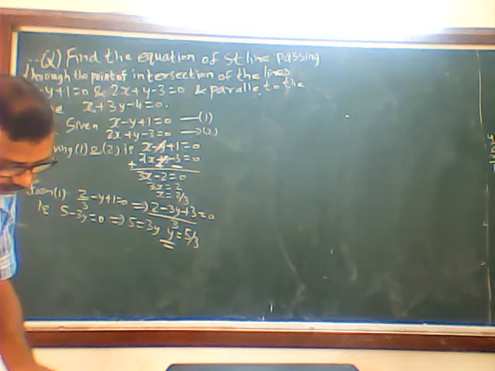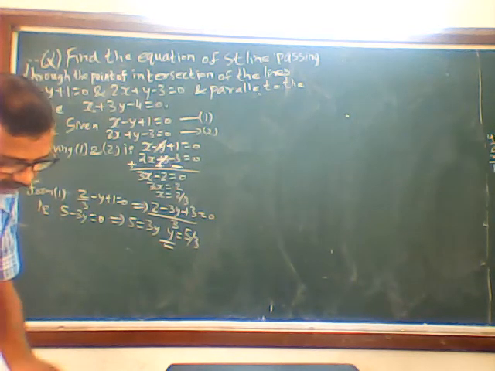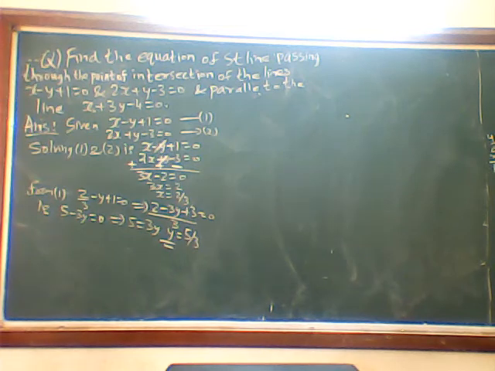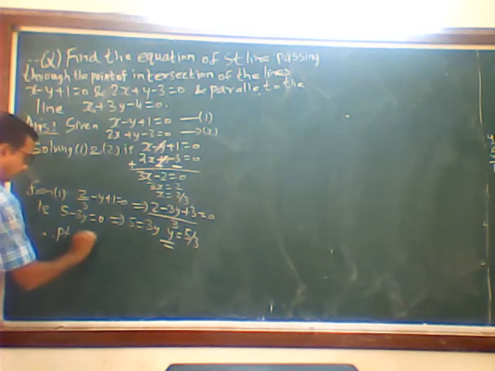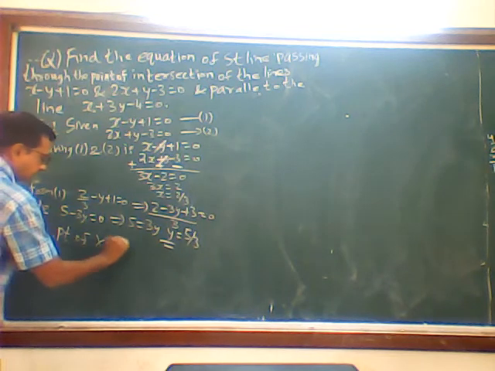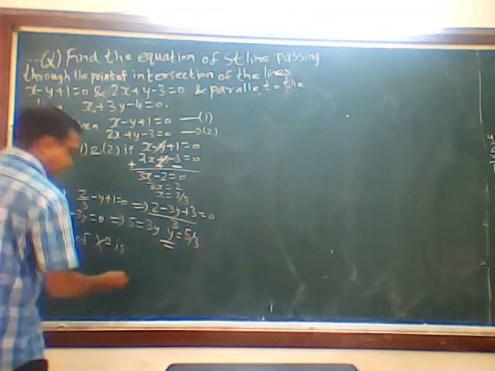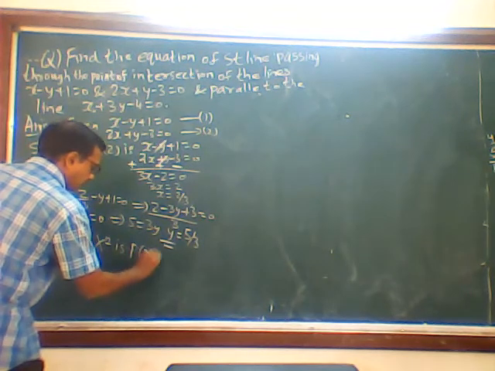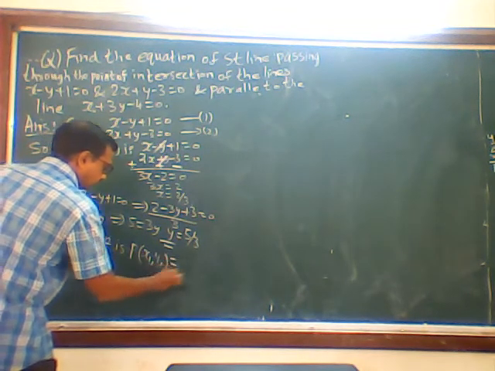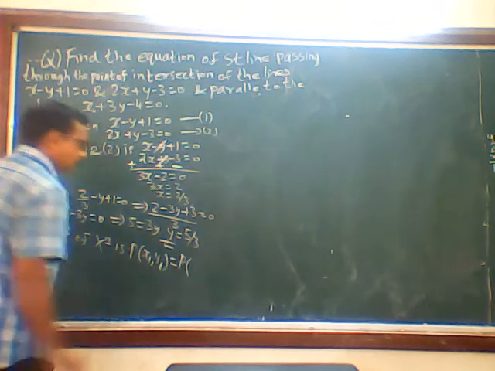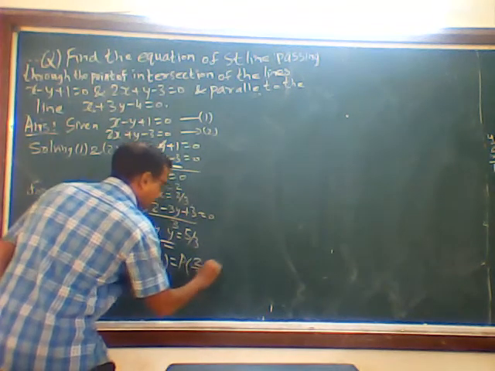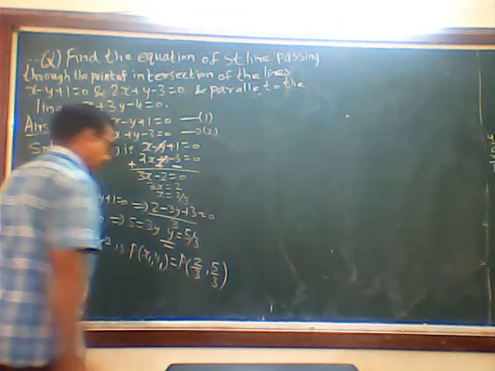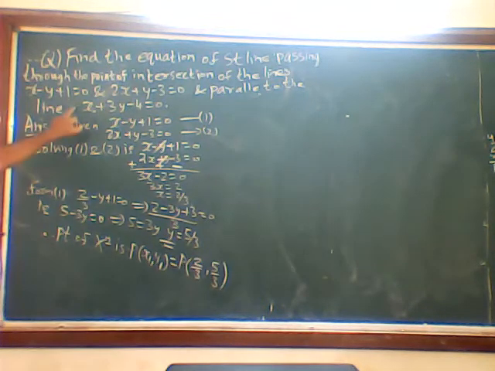11th one. Okay, yes, that is directly done. Okay, fine. So therefore the point of intersection is, I will say, P of x1 comma y1 is equal to P of 2 upon 3 comma 5 upon 3. Okay, then I will find the slope of the line.